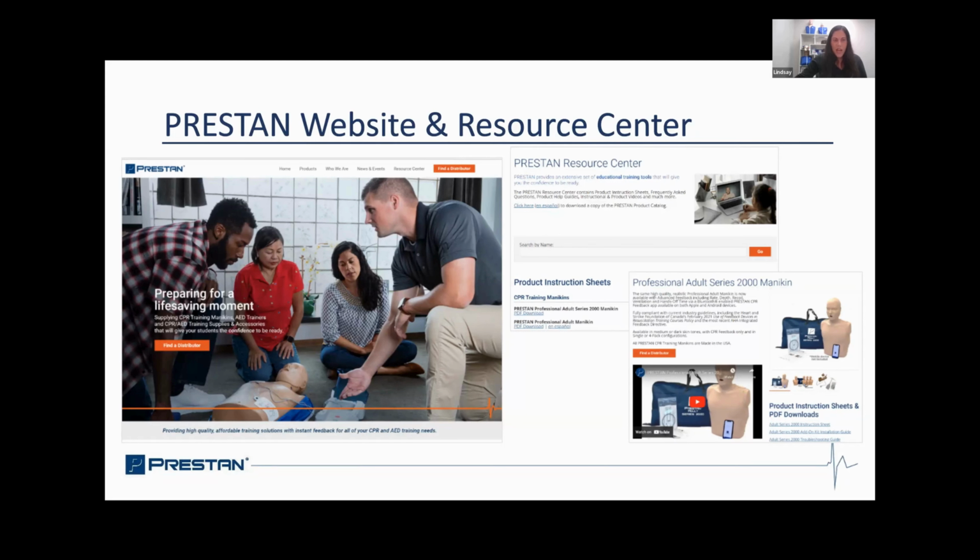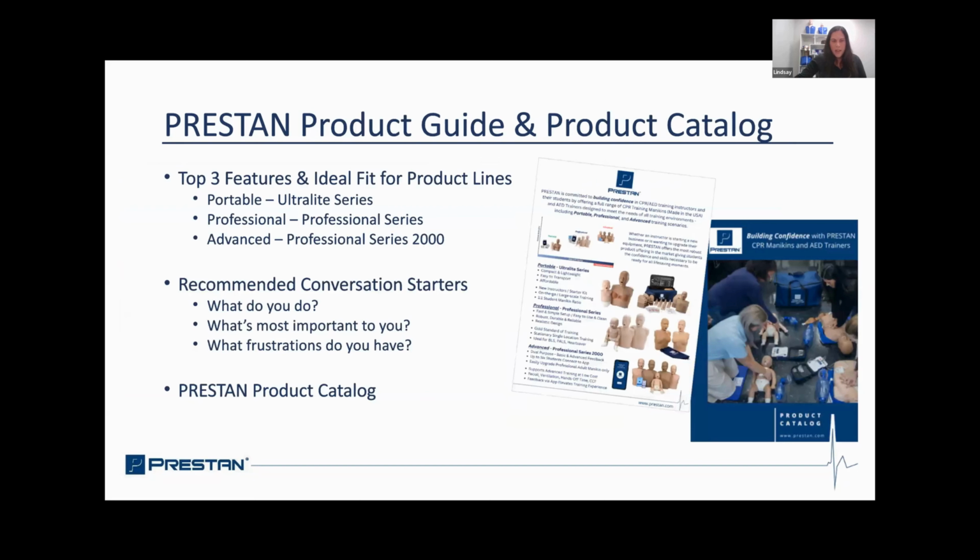And there you'll find a whole host of additional materials, troubleshooting guides, our warranty is listed out there, anything you can think of just again to help both you as a sub-distributor as well as your customers. There are a lot of how-tos, for instance, how to install a lung bag or how to replace a monitor.